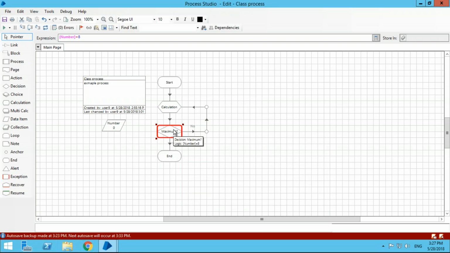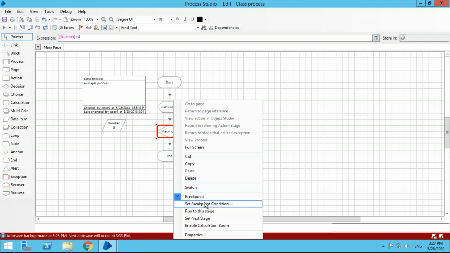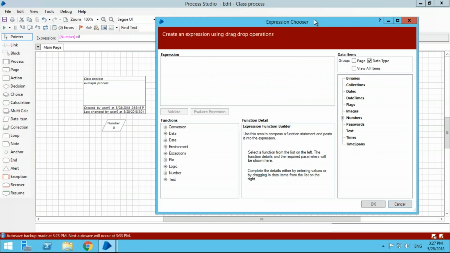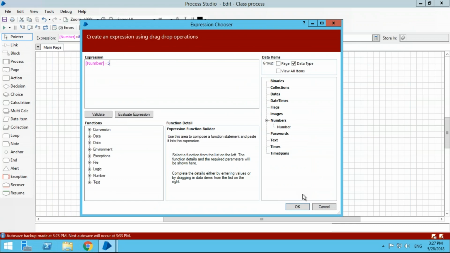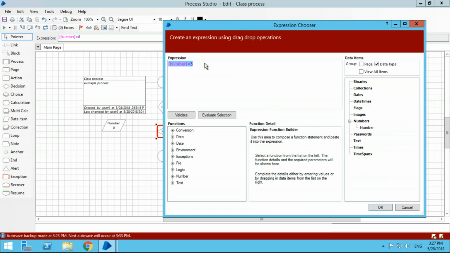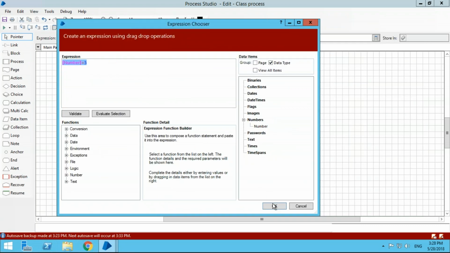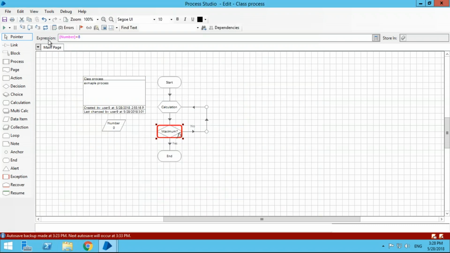Another good thing you can do with a breakpoint is right click and set a breakpoint condition. So in this breakpoint, I only want it to stop when a number equals 5. This is before that decision that's actually in there. I want to have a separate condition and I want to stop before I move on, and this could really be useful if you reach a certain stage and you need to do some manipulation before you can allow it to move on.